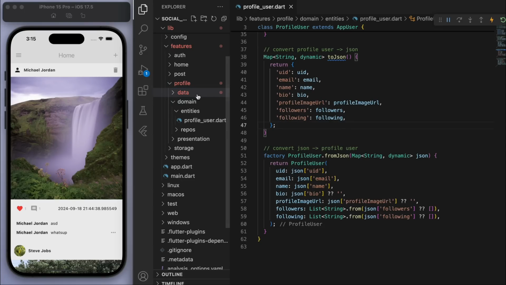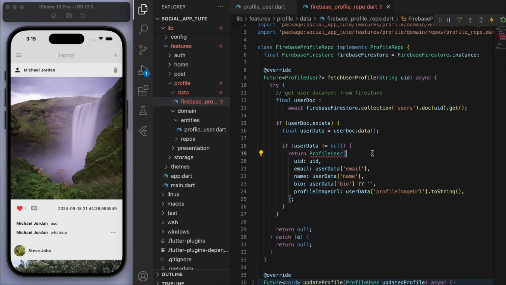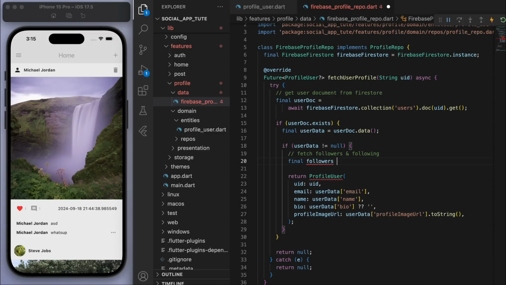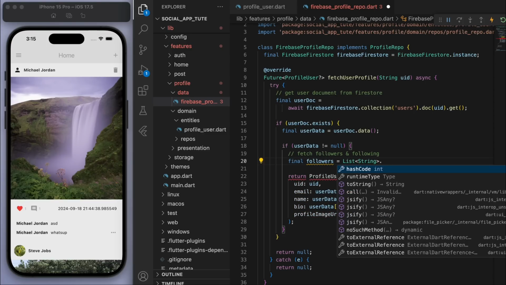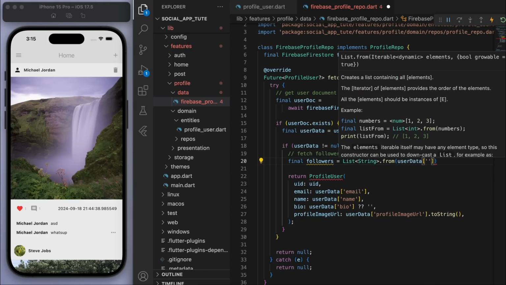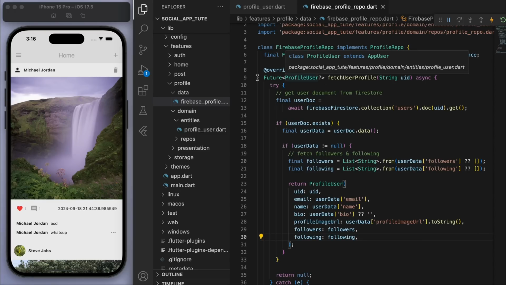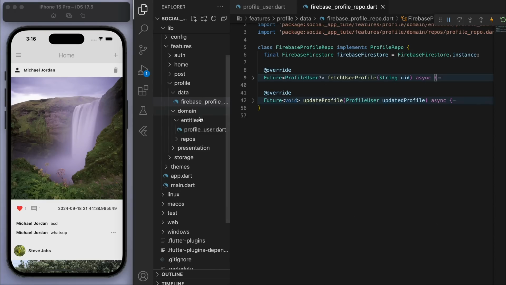In our data layer, we should have some red squiggles because we need to specify the followers. So let's come to this part where we have the user data and we're going to fetch the followers and the following from Firebase. Awesome, so now that we have the concept of followers and following,